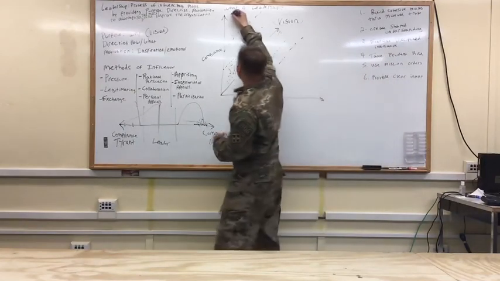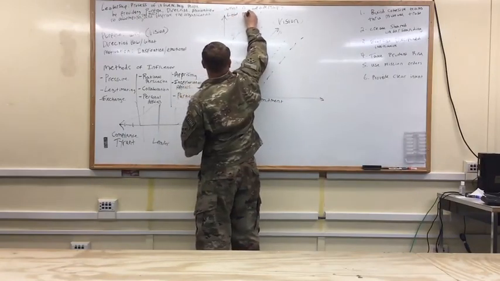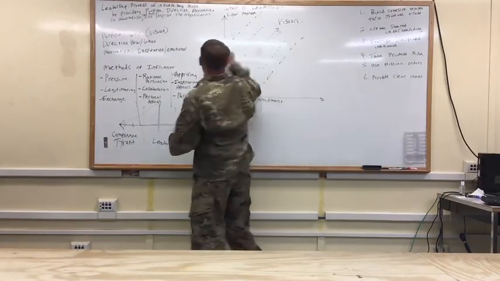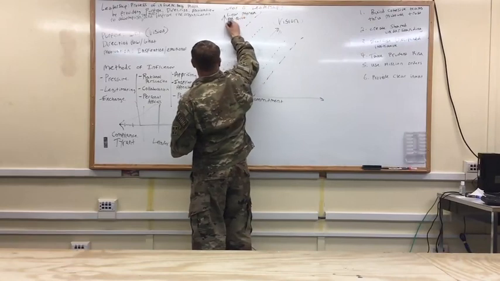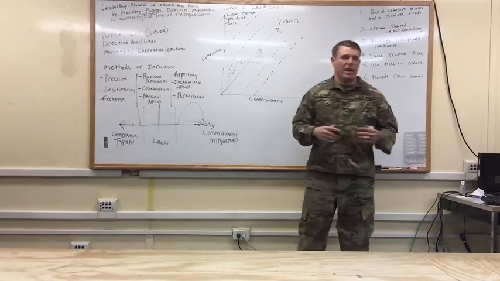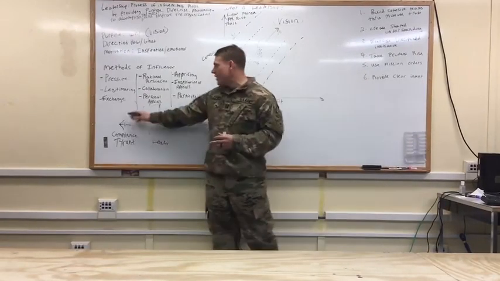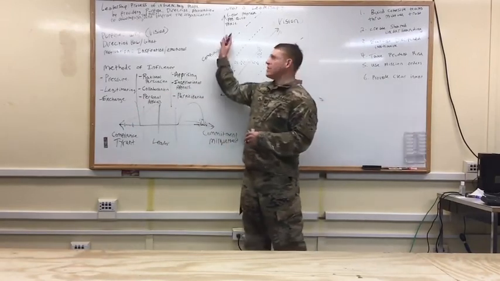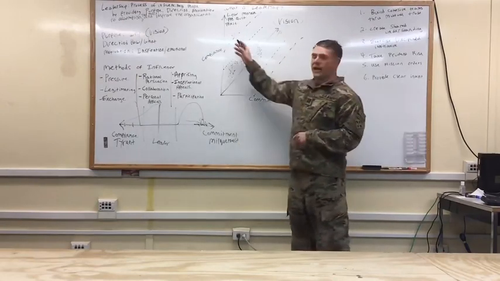Some indicators that your organization is failing along this scale would be low morale. That'd be one thing. People quit. They would describe the leadership as toxic. That would be an indicator that your organization's leaders are focused way too much on compliance. They're acting down here. They're not building commitment to the organization. There's no long-term commitment. This organization will fail. Ultimately, whether on the battlefield or in training, they're going to fail.